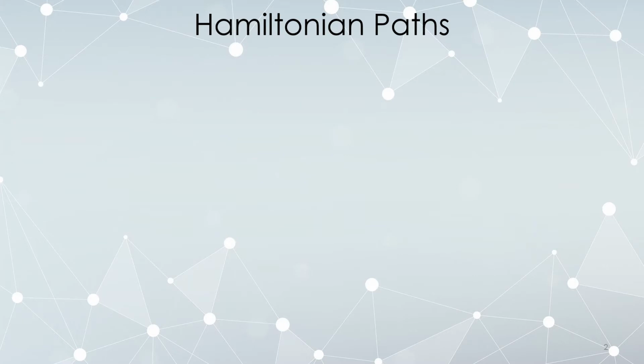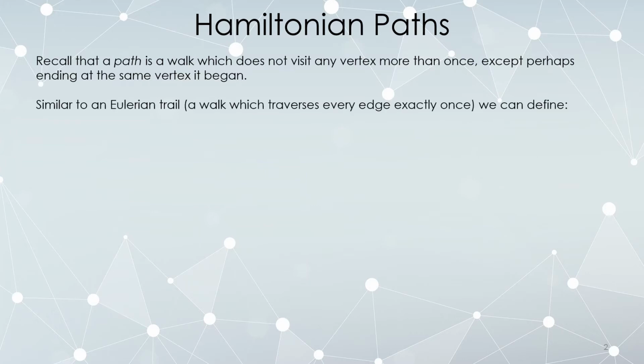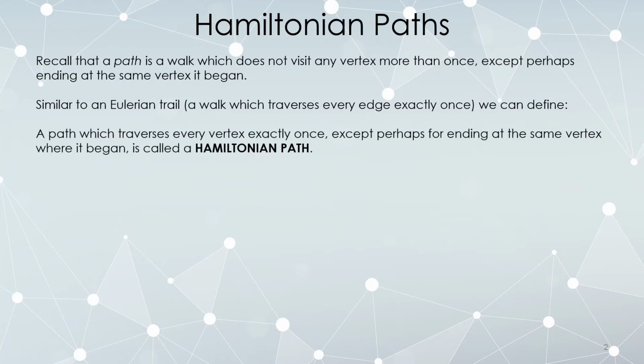So an Eulerian trail was a walk that used every edge exactly once. There is a corresponding notion when it comes to vertices. Remember that a path was a walk that does not visit any vertex more than once, except perhaps to come back to where it started. So just as an Eulerian trail is a walk that traverses every edge exactly once, we can define a Hamiltonian